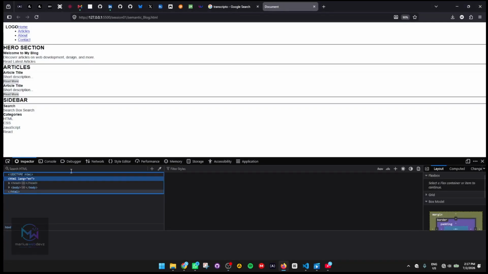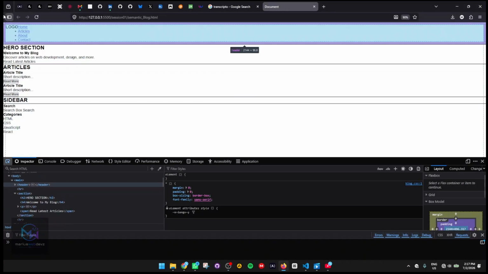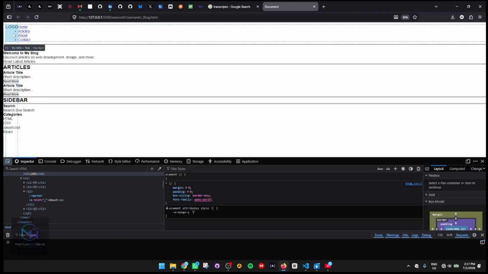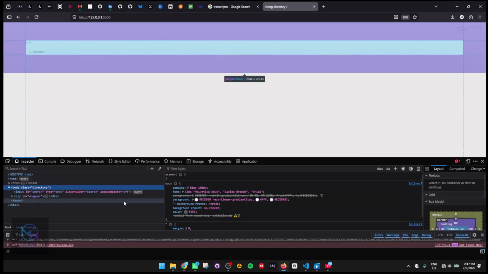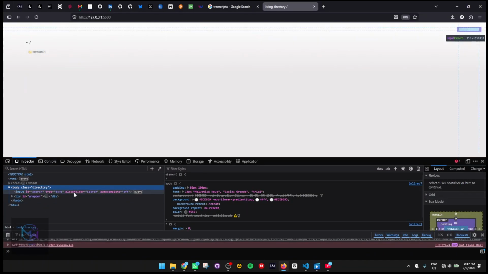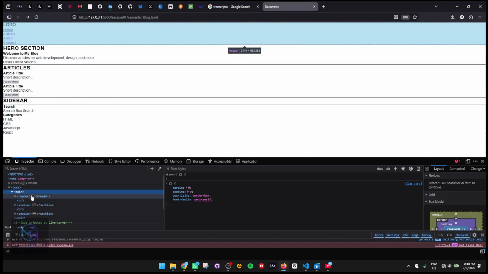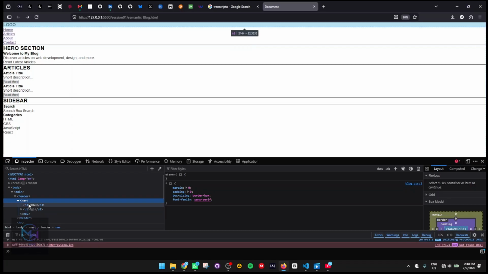So now we have the nav, and in this nav we have display flex. Remember, it's just going to align the items, you see? If I hit inspect here, and I click on this arrow at the top left and hover over this area, for example, and if I come to main here and I hit header and I hit nav, you will see that I gave it